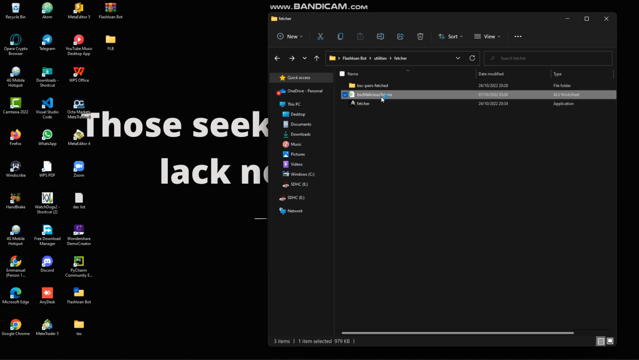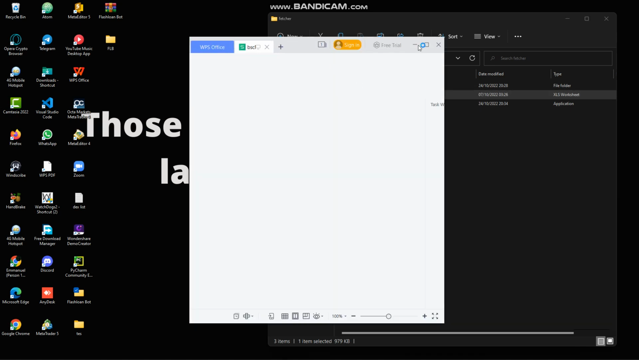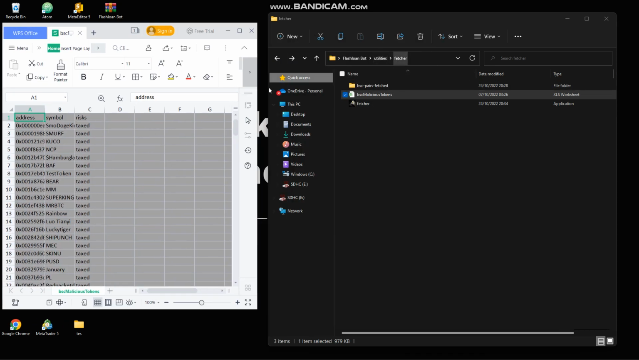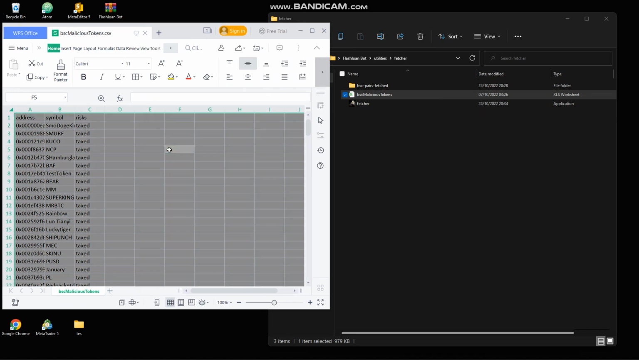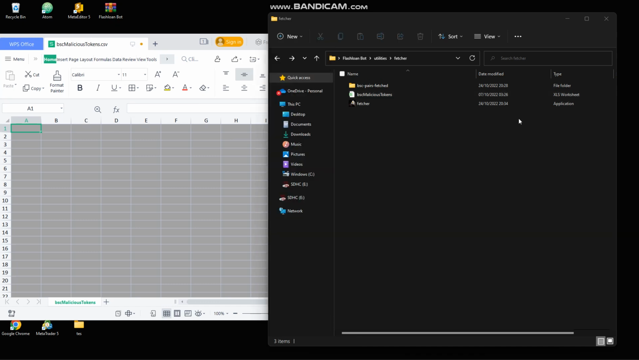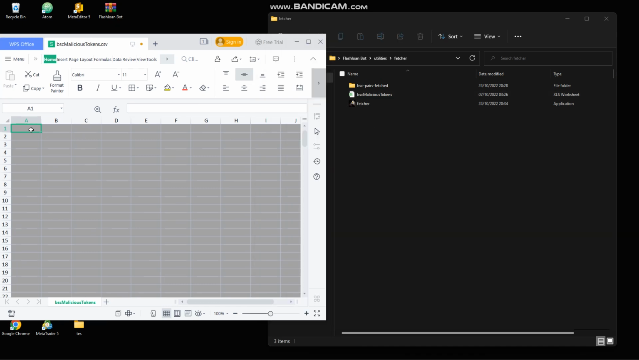So as you copy, you open your BSC malicious token in that folder, that's the fetcher folder in utilities. You just have to press Control A here and Control V to paste the previous malicious token. So I have pasted it. If I delete it and click on... I think I did not copy that file. So you have to right click,